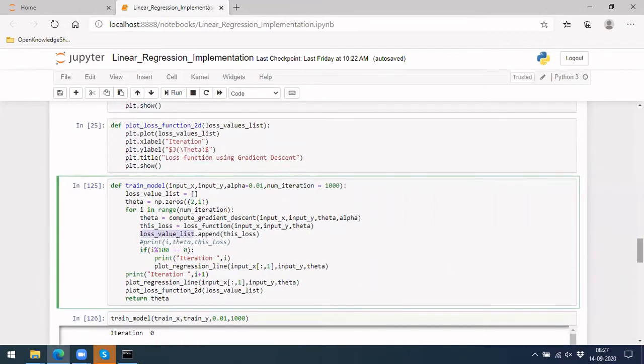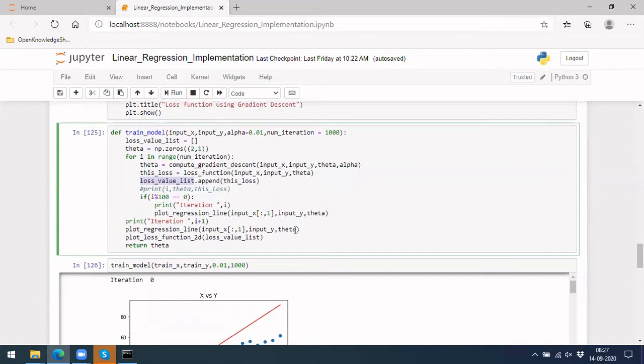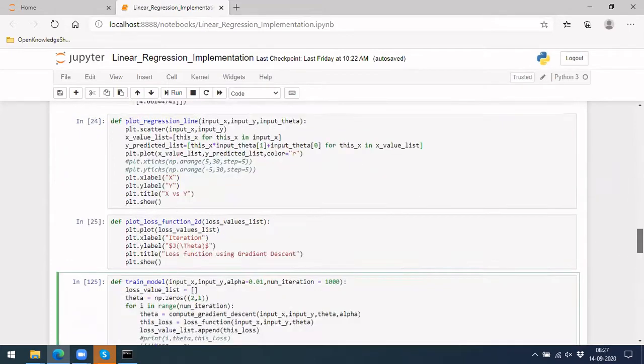Next, we are plotting x1 against y, because x0 is always 1, which we defined ourselves.